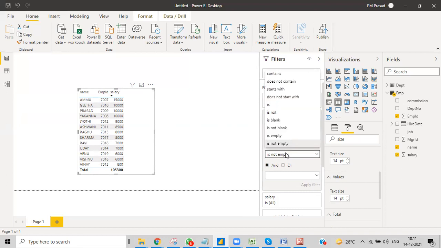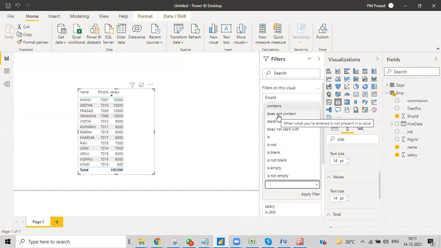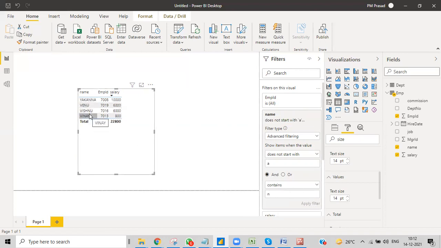Different kinds, and then for another example, not start with A, but at the same time M should be there, it contains M. It should not start with A, and it contains M. So contains M. In that way, according to the scenario and the requirement, you need to write and give the filters.